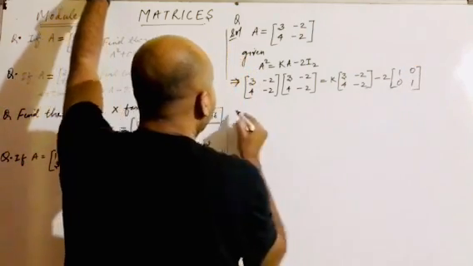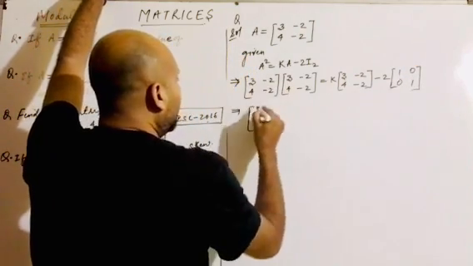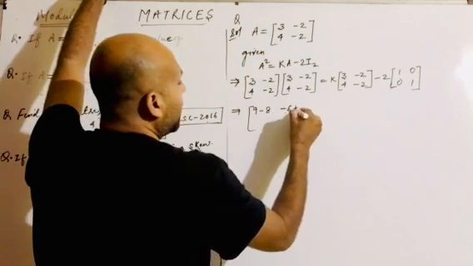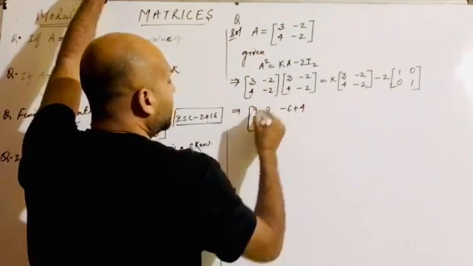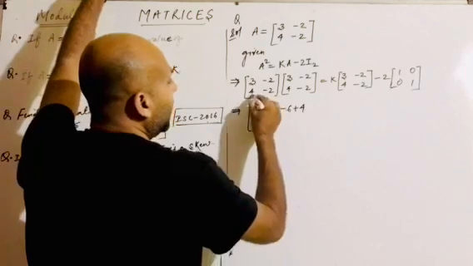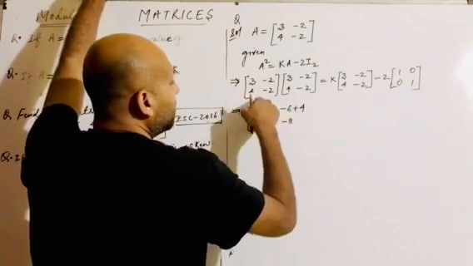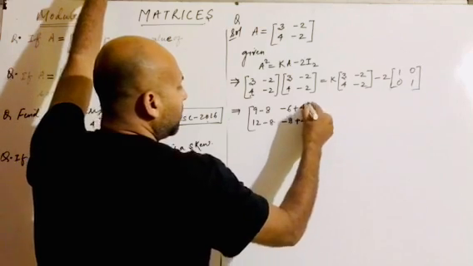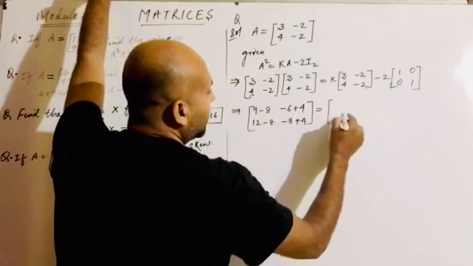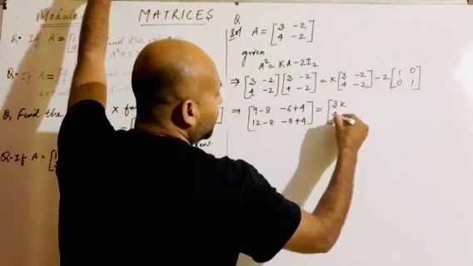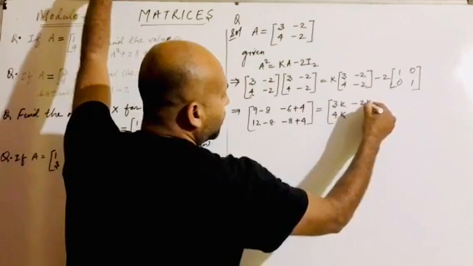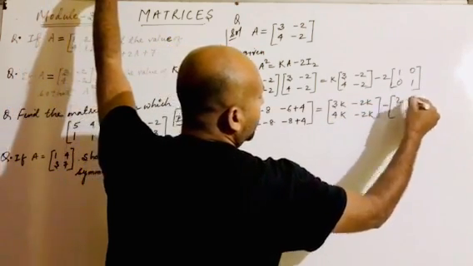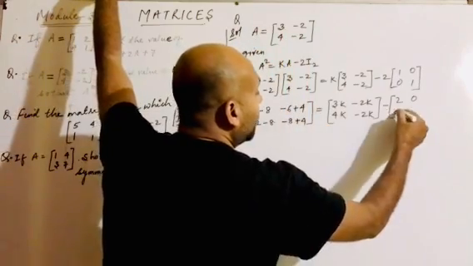Let us do the calculation here. 3 3 the 9 minus 4 to the 8, 3 to the minus 6 plus 2 to the 4, 4 3 the 12 minus 4 to the 8, 4 to the minus 8, because 4 will be multiplied to minus 2, it will be minus 8, and minus minus plus 2 to the it will be equals to what? 4. Next line I can write this one as 3k, it will be equals to 4k, then I am having here minus 2k, and this is also minus 2k, it will be equals to minus of 2, 0, and then it is 0 followed by 2.